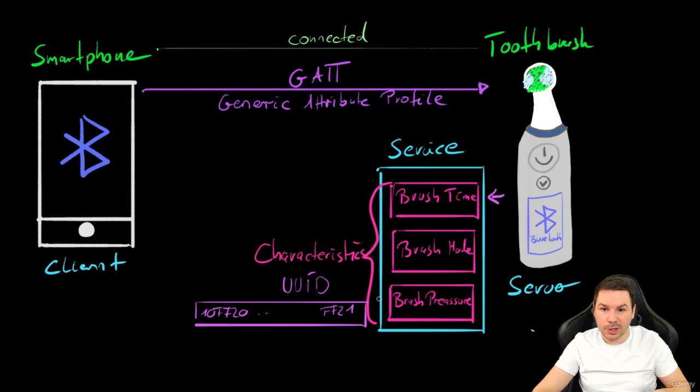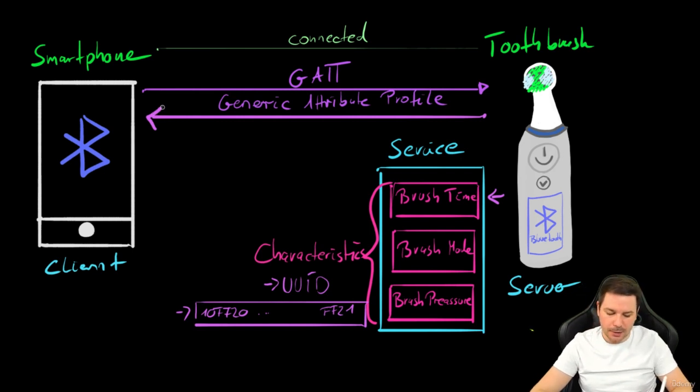So if we want to fetch data from a characteristic, we need to provide this UUID. So the smartphone is now simply telling, okay, I want to have this brush time, and this brush time has this UUID. So the smartphone is simply sending this request, okay, give me some data regarding to this brush time, and then the toothbrush is answering